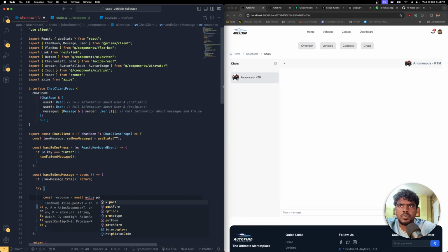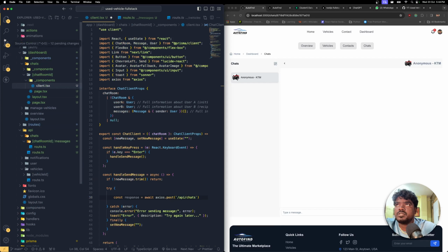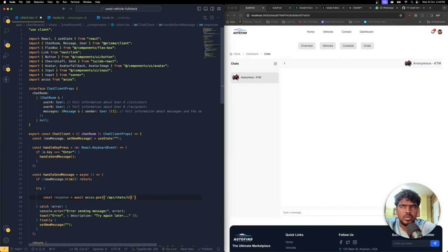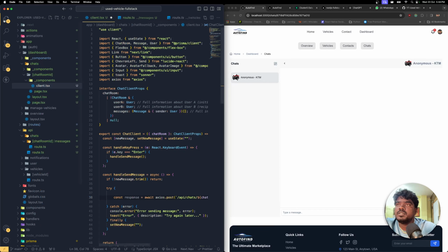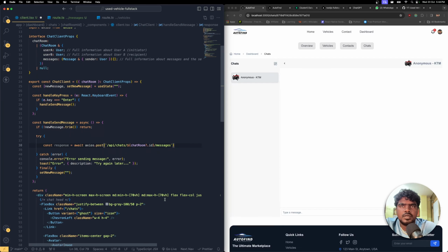axios.post, open it, then bring /api/chats. Then we need to supply the chatroom ID, ${chatroom.id}, then /messages. Oh my bad, there was a spelling mistake, messages. I need to make sure that is the exact thing that we keep over here, messages. All right, so right after here I need to send the